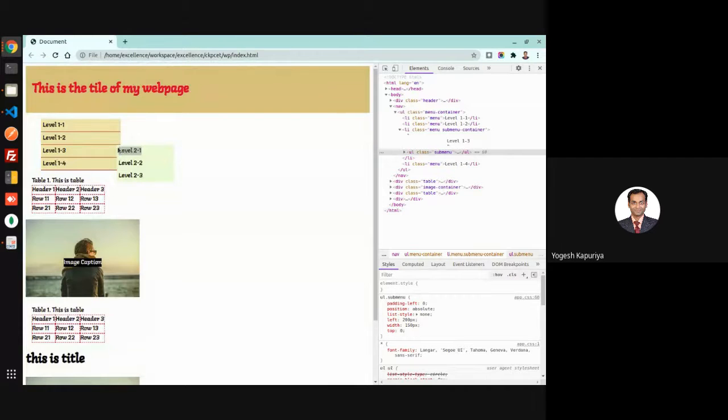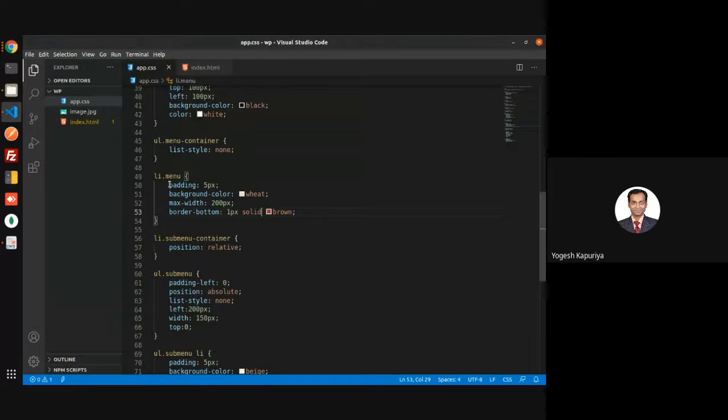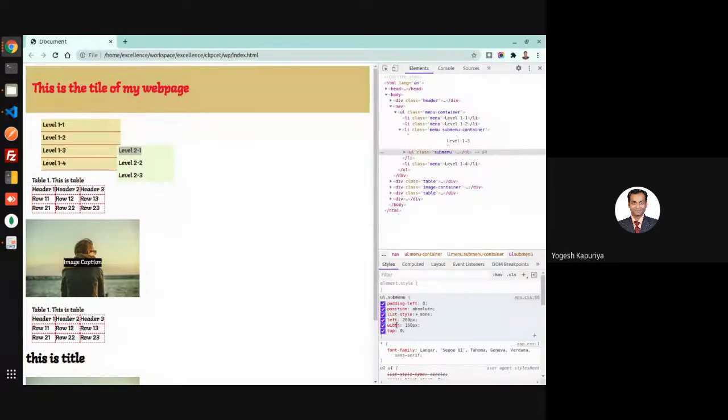Obviously, why is it still having this? Because it has some padding. So that padding will be discarded. So actually, if you consider that padding, you count this, padding is 5 pixel. So here, if you put it at 210, you will get the exact position where you required it. So this is how positioning can be useful.